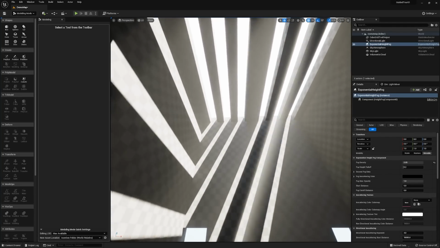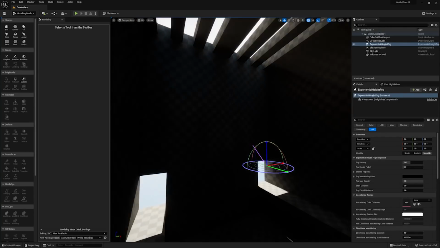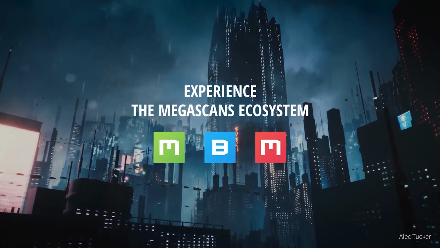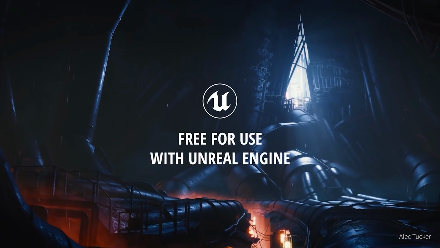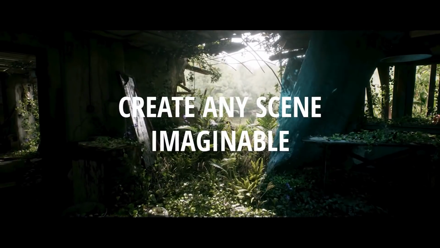With that in play, it's time for us to no longer use this checkerboard pattern and have something that's a little bit prettier. For this, I'm going to use Quixel Bridge. Now, a little while ago, Epic Games acquired an amazing company called Quixel and opened up their Megascans to all Unreal Engine developers for free within Unreal Engine projects. So, what does this mean?